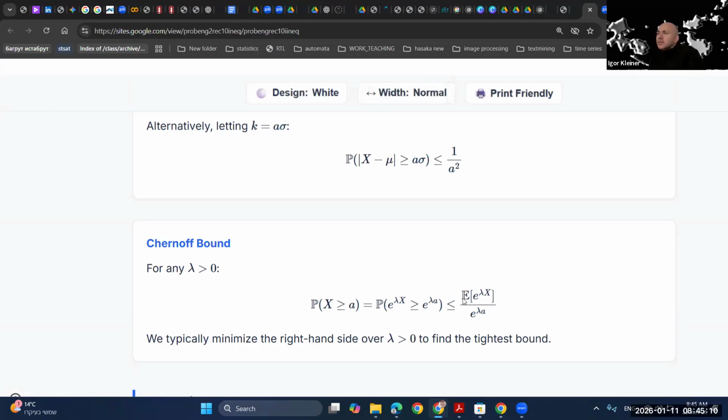Lambda is a parameter. It's correct for any lambda: 100, 1 million, 1, 0.1, for any lambda the inequality is correct. We call it lambda because we optimize something. But why does it need to be bigger than zero? When we use the MGF, it has to be bigger than zero.